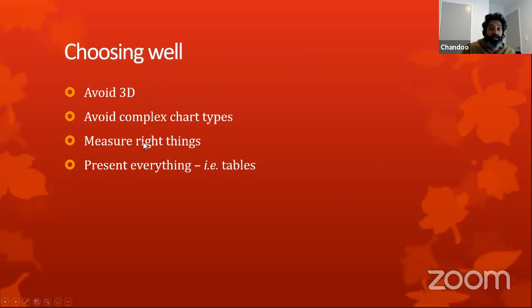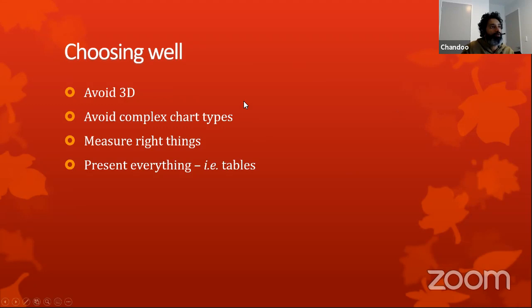And most importantly, measure the right things. Select what is most important for your business and measure those rather than just visualizing some fluffy elements. And wherever possible, present all sides of the truth so that it's easy to see. That is something you can easily achieve with tables rather than individual graphs, because graphs tend to hide more than they present, whereas if you present a tabular view of the data, it's easy to see everything clearly in a naked fashion and get a good sense of what's happening.